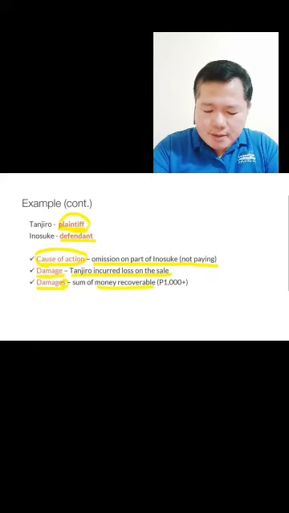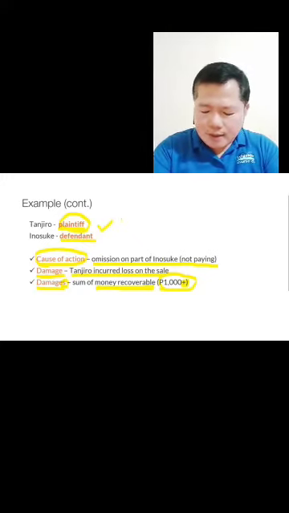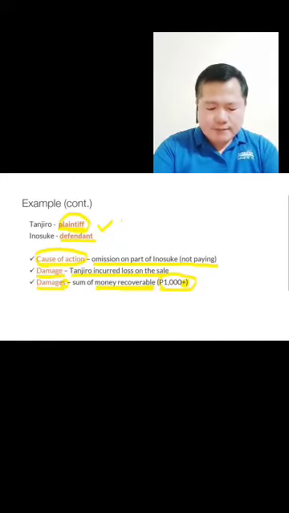So, damages pwedeng ma-recover ng plaintiff. So, in this example, 1,000 pesos plus. Why there is plus? Because normally, when the court issued a decision, let's say the decision is favorable to the plaintiff or Tanjiro because the evidence is overwhelming against Inosuke and in favor for Tanjiro, normally,